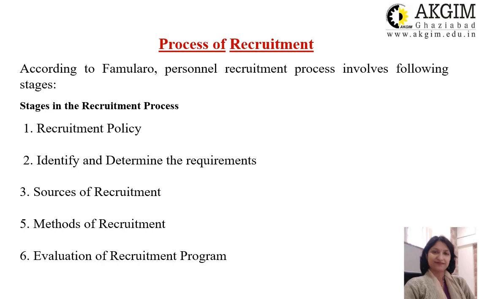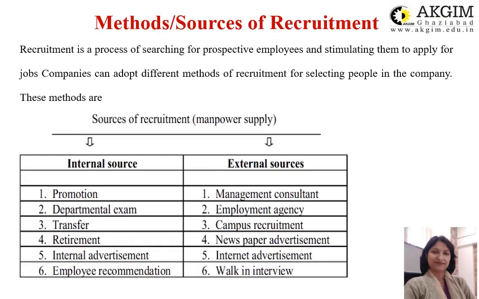And then identifying and determining the requirements, whether actually it is required or not, the demands that have been put forward by various departments. The recruiter has to decide whether it is actually required, and if it is required, then the number has to be very specified. Then sources of recruitment have to be identified, because every source has got its own advantages and disadvantages, and every source has got different ways of providing a pool to the organization. Then method of recruitment, how we should approach those sources. And then finally evaluation of recruitment program. And this was all about recruitment and the sources of recruitment, wherein we have promotion,